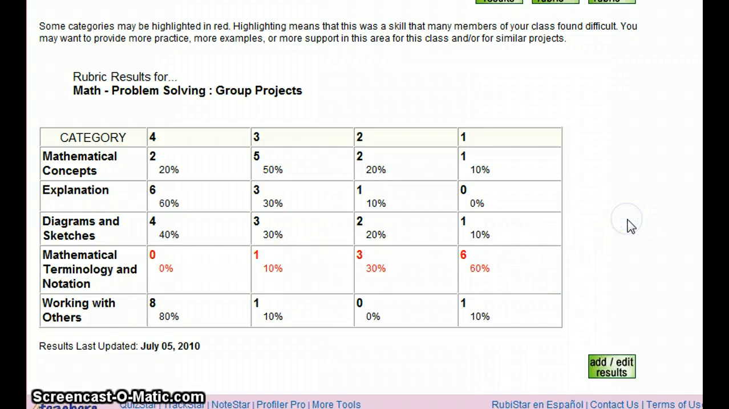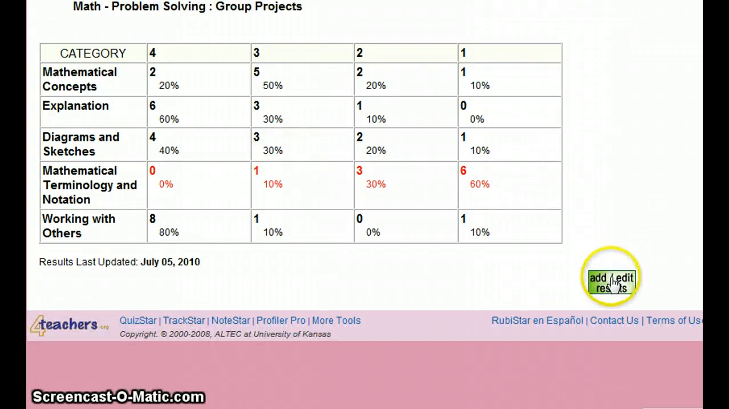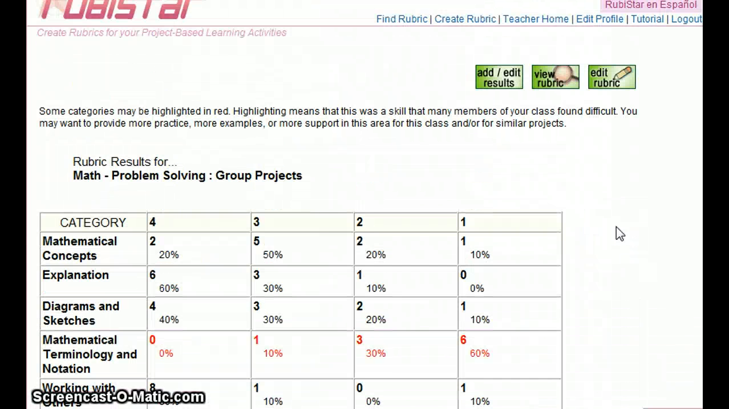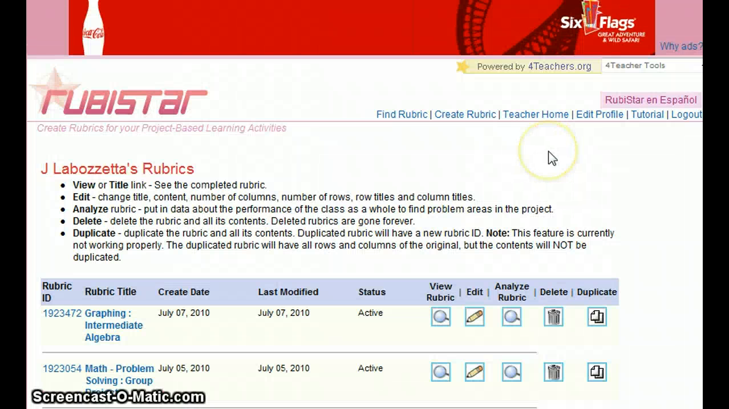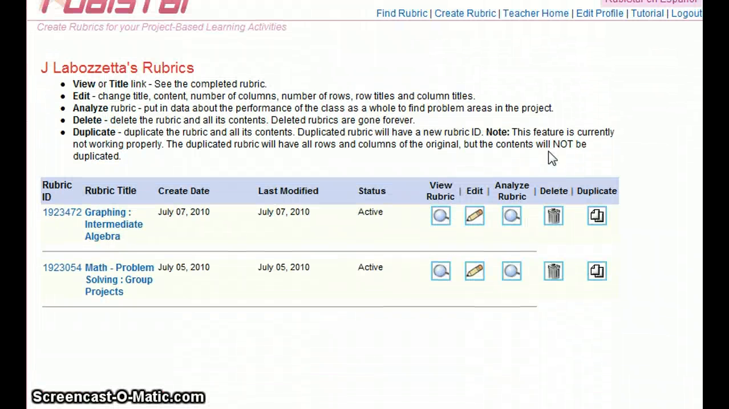So once we have that, if we want to edit, we can click down here to edit, or we can just go back to the teacher home to view my other rubrics. Now if you don't want to create a rubric, you can look for a rubric that's already been created from someone else. So you would click above on Find Rubric,